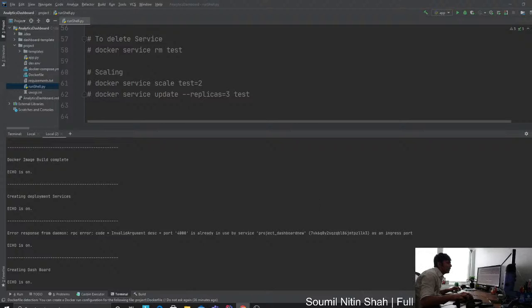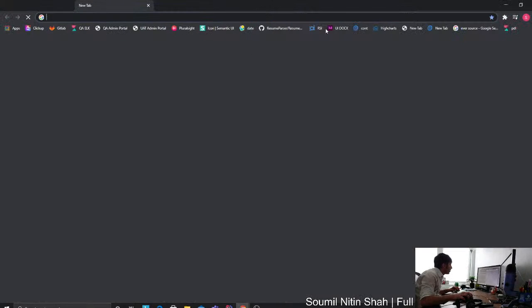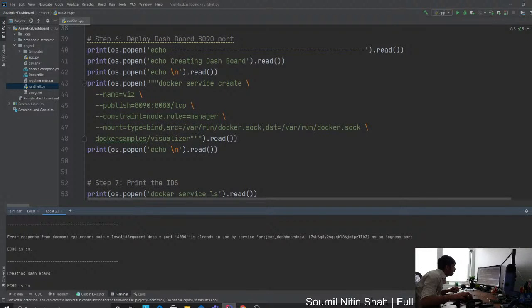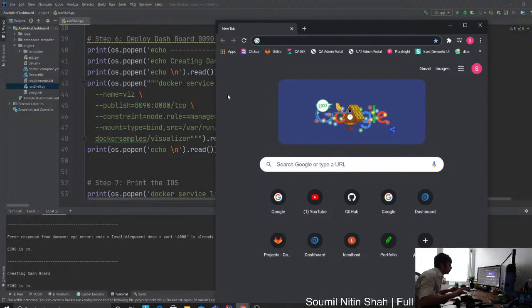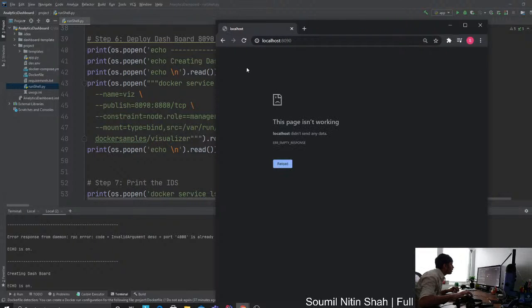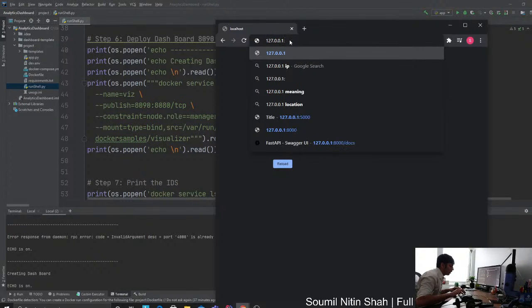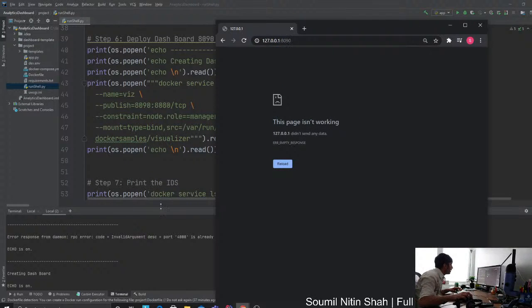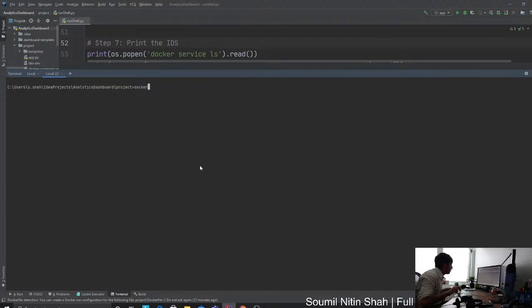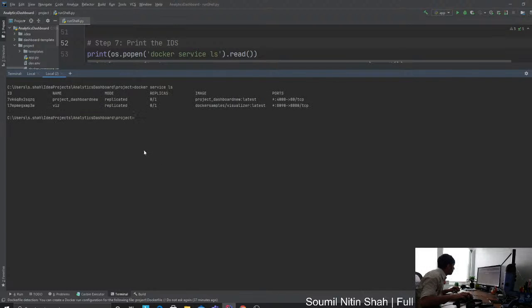I'm not sure why the swarm dashboard is not starting up. What was the port I said? 8090, yeah. So it looks like the dashboard for some reason is not starting up. It's fine. I mean, we did the Docker container. I just wanted to show you the swarm as well. It would have been nice, but